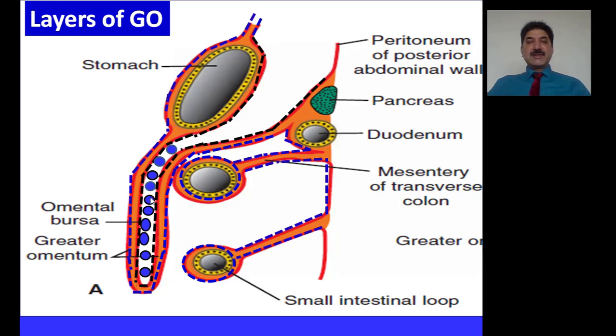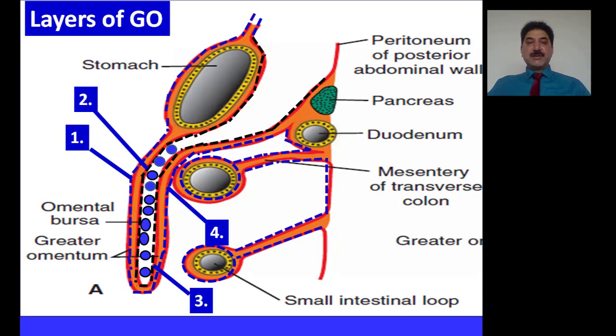In this figure, we can see four layers of the greater omentum, two in the descending layer and two in the ascending layer. For purposes of discussion, these layers are named as first, second, third, and fourth layers of the greater omentum. The space between the second and third layer gets obliterated and forms the gastrocolic ligament. This ligament spans between the greater curvature of the stomach and the transverse colon.